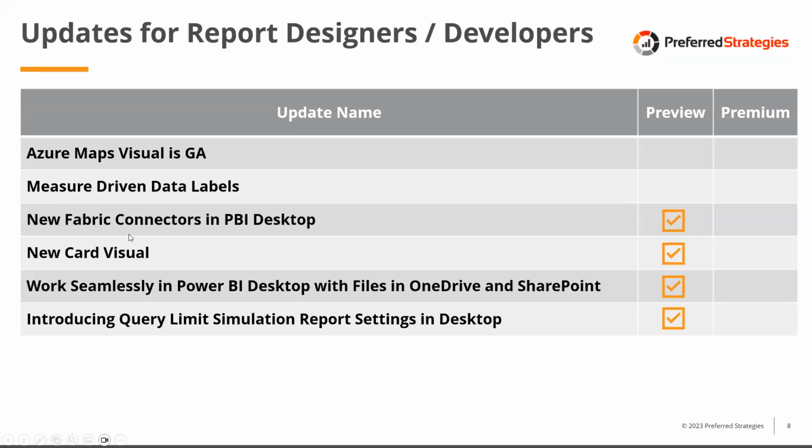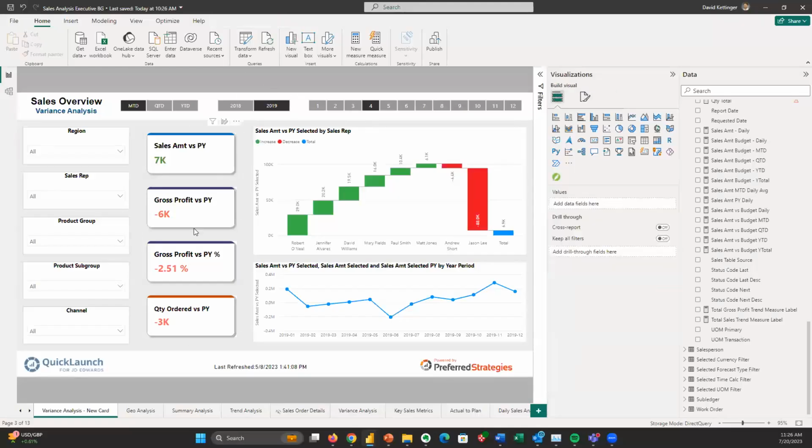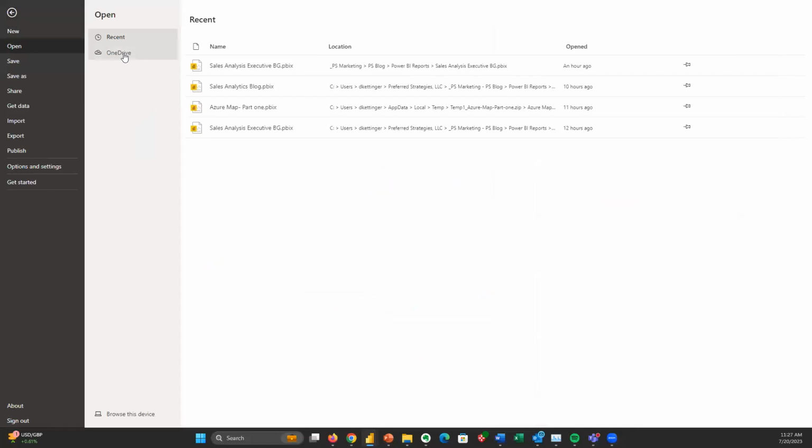So the next thing I wanted to point out for report designers and developers was the ability to work seamlessly in the Power BI desktop with files in OneDrive and SharePoint. In part one, I showed you how you can work with files in the Power BI service from OneDrive and SharePoint, and similar updates and enhancements are being made to the Power BI desktop as well. So if I come back to my Power BI desktop report, and let's say I just finished making some changes, if I come to the file option up here in the top ribbon, you see I have this new OneDrive